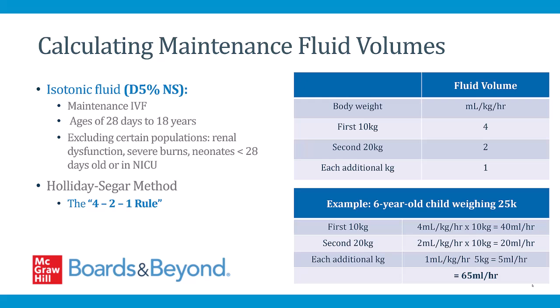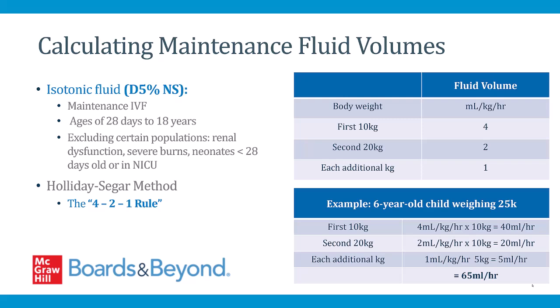So let's run through an example. Here we have a 6-year-old child who weighs 25 kilograms. For the first 10 kilos, we multiply this by 4, which equals 40 mLs per hour. For the next 10 kilograms, we multiply this by 2, which equals 20 mLs per hour. And for the remaining 5 kilograms, we multiply this by 1, which gives 5 mLs an hour. We add these three values and get 65 mLs per hour, so this would be the prescribed rate of fluid